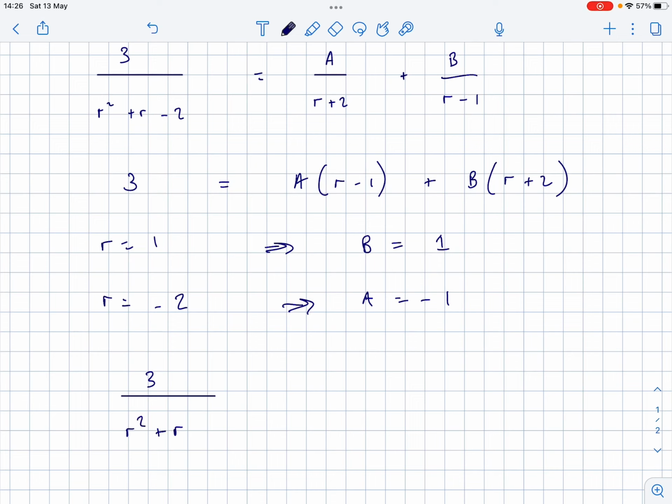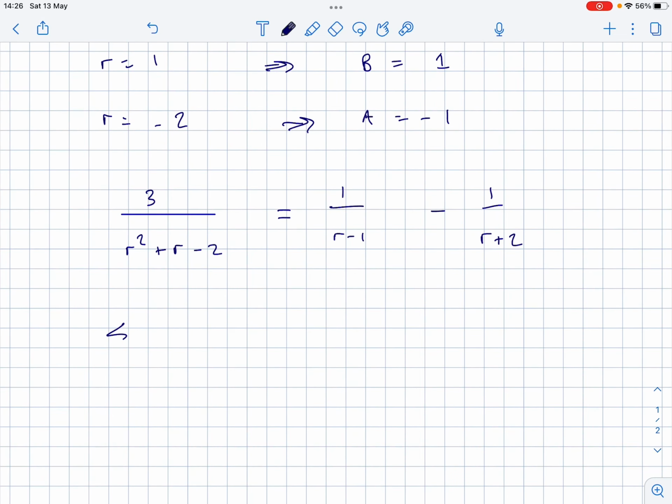So we've got that algebraic fraction. It's probably easier if I write this second because it's subtracted. So I'll have 1 over R minus 1 minus 1 over R plus 2. Okay, because these are subtracted and sigma is summing things up, we can write those separately. So if I had the sum from the fifth term of this all the way up to n, that would be the same as adding up